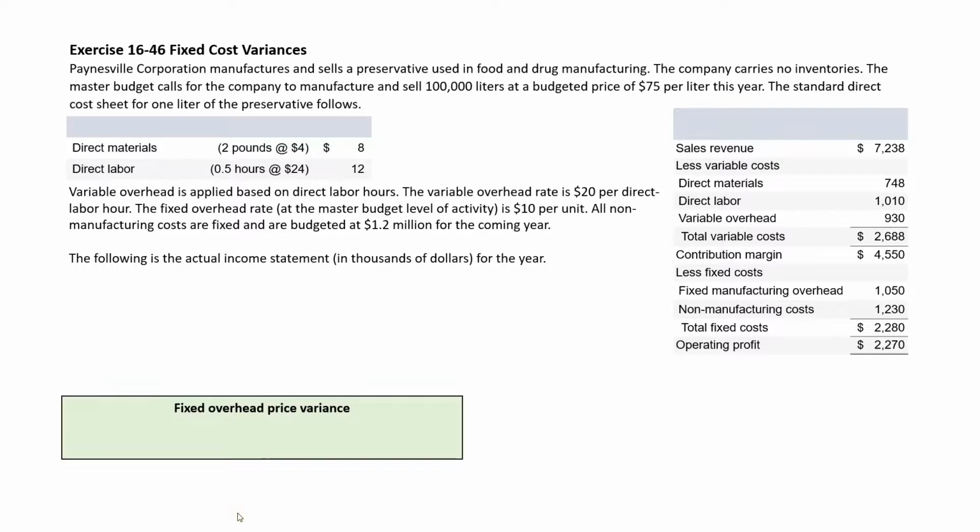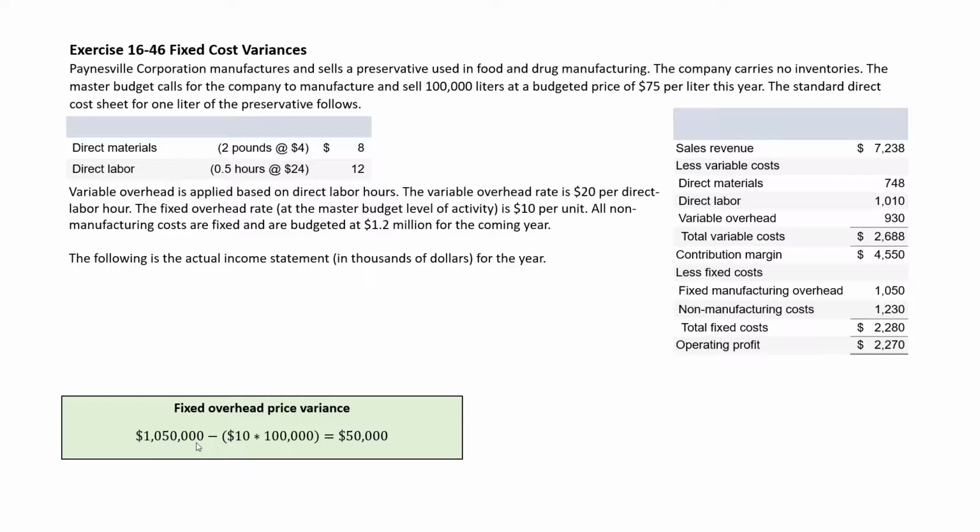Our first fixed cost variance that we're going to calculate is called a fixed overhead price variance. And so what we're going to do here is compare the actual fixed overhead cost, and that's going to be given to us in our income statement. And again, in the income statement, they drop the last three zeros. We'll want to add those back. Our actual fixed manufacturing overhead cost is $1,050,000, and we're going to compare that or subtract from that our budgeted